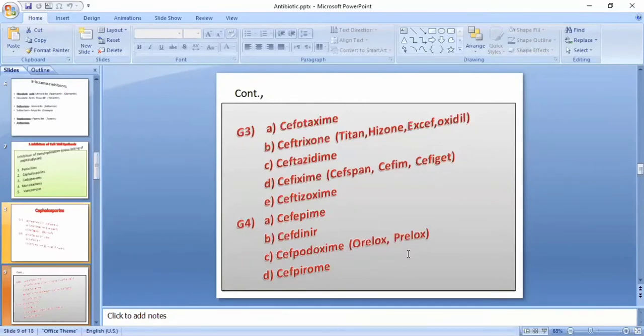This is the oral drug used for tonsillitis and pharyngitis, the Orelox or the Prelox. So these are the generations of the cephalosporins. And the next group of antibiotics which inhibit the cell wall synthesis